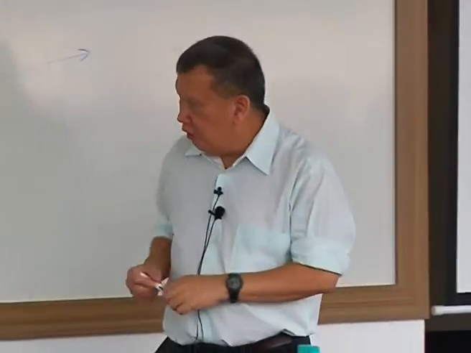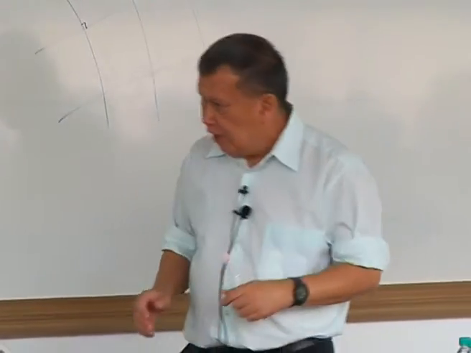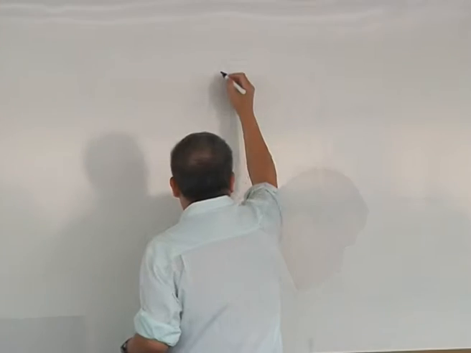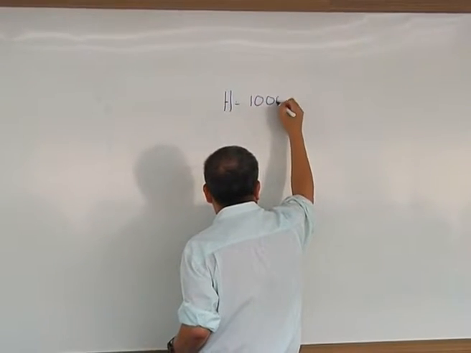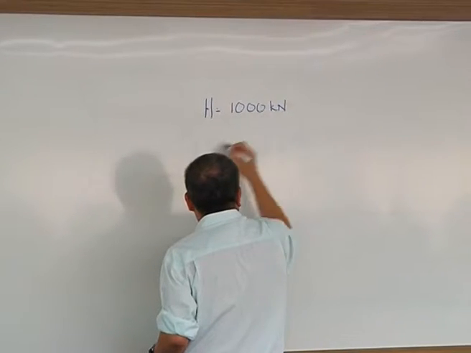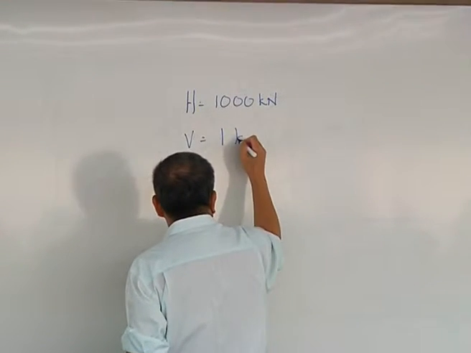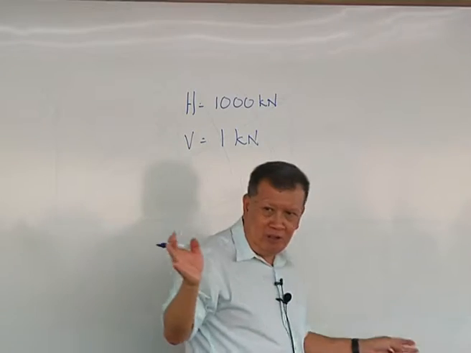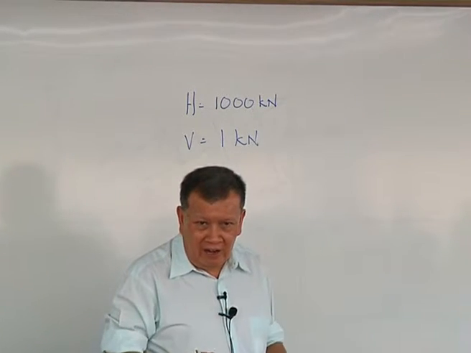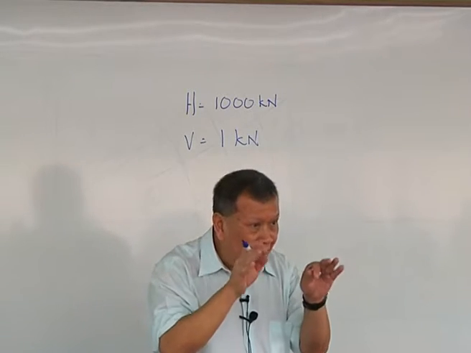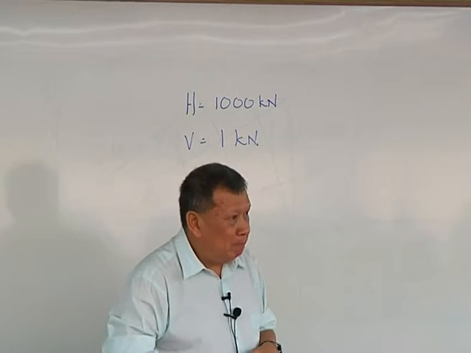So let us take an example, a load combination: H equals 1000 kilonewton and V equals 1 kilonewton. So V is very light, it's not enough to cause anything, like a mosquito bite. H is almost there. Now, supposing you come along,